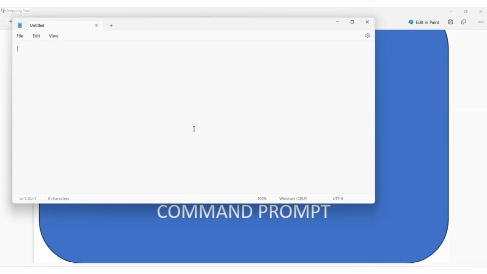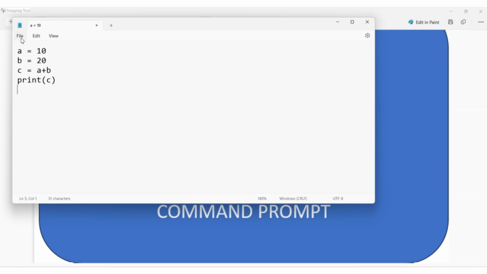I will take two variables to assign values, a equal to 10, b equal to 20. Then I will take another variable to store the result. So here I am performing addition of these two variables, meaning 10 is stored in a and 20 is stored in b. I am assigning the addition of these two numbers to c equal to a plus b. Now, using the print method, we can display the result in the output. So I will type here print c. Till now, writing code in Notepad is completed.